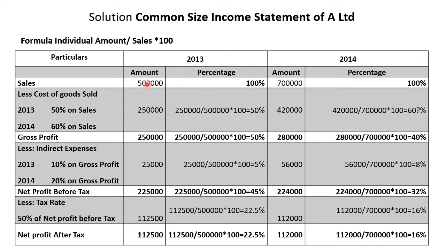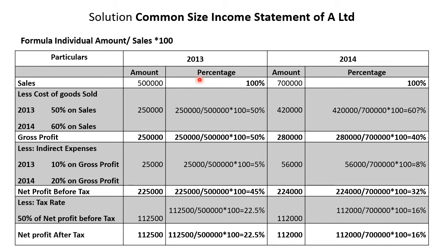That is the difference between common size income statement and comparative income statement. Comparative income statement used to compare. Here you'll be taking the sales value as 100%, or this will be your base value. From the sales value you will be deducting individual amount. Be careful over here. I'm telling it again and again, sales is always 100% in common size income statement. When it says common size income statement, the first thing that should come into your mind is that sales percentage will be 100 in both the years, 2013 and 2014.